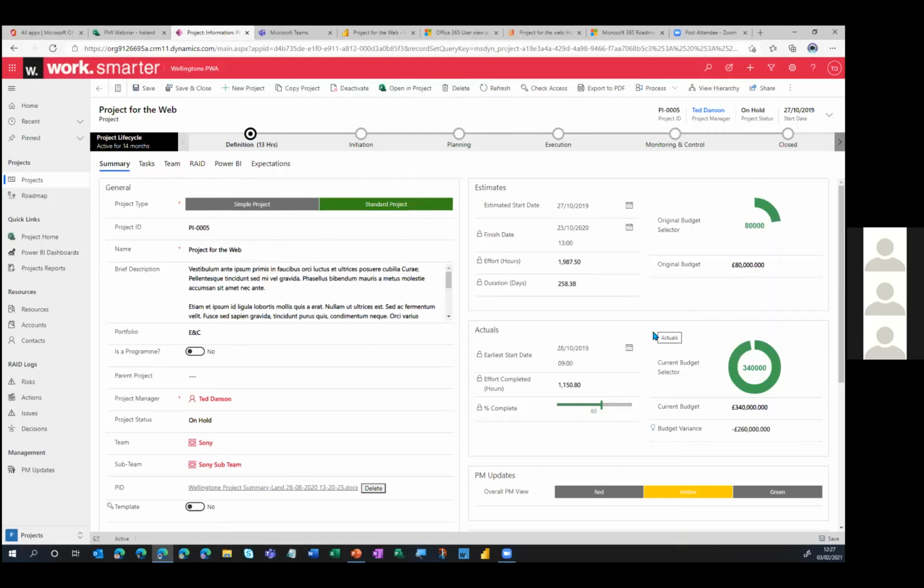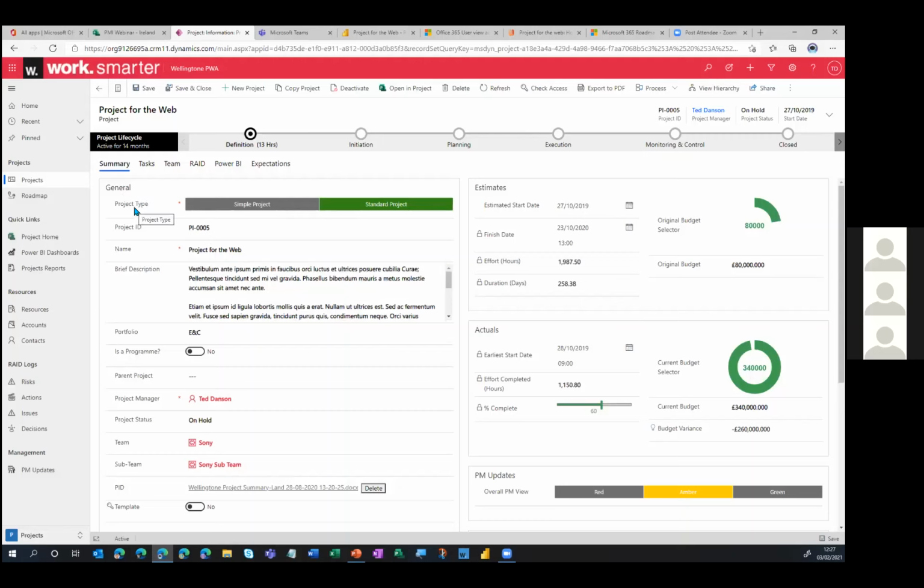But going back to this page, we've created a series of tabs along the top, each tab containing different elements linked to this project. Here we've got various entities that are enabling us to capture details linked to the project. So if I chat through this now, we've first of all created a general tab, and within the general tab